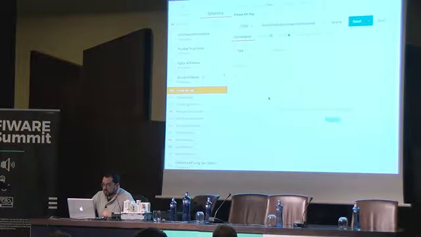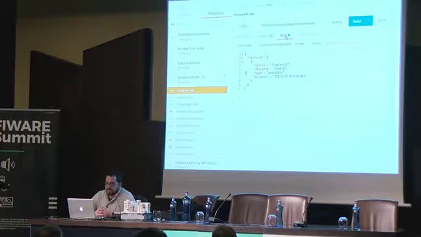The first thing you have to do is to create a group of devices. The main reason to create a group of devices is to provide an API key the devices will use to connect to the IoT agent. This API key will help the IoT agent assign the devices to the appropriate service in the multi-tenant system it is going to send the data to. As you can see here, the only thing you have to do is to post the payload of your group of devices, indicating the API